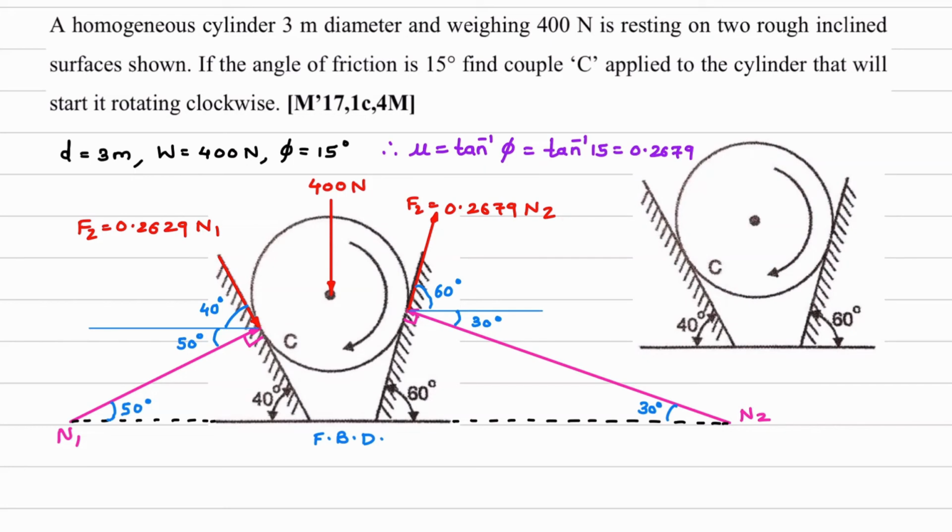This is about friction force. Then at this location we are considering normal reaction. So the cylinder is in contact with this surface. So there will be normal reaction N1. The cylinder is in contact with this surface. So there will be normal reaction over here, which is perpendicular, N2. Now angles, this angle is given as 40 degree in the question and this is 90, so this will be 50. If this is 50, alternate angle, this is 50 and this total is 90, so 90 minus 50 is 40.